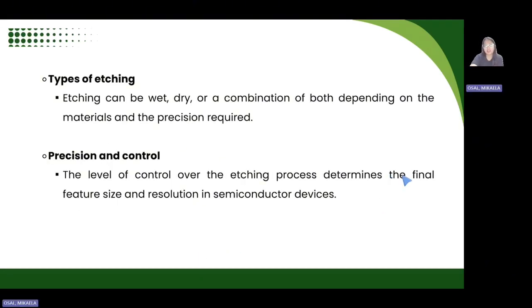Etching can be chemical, physical, or a combination of both, depending on the technique used. The process needs to be highly controlled to achieve the desired feature size and depth. A well-executed etch ensures that device layers are properly isolated, shaped, and interconnected. Without etching, we couldn't build transistors, wires, or any of the complex architectures inside the chips.